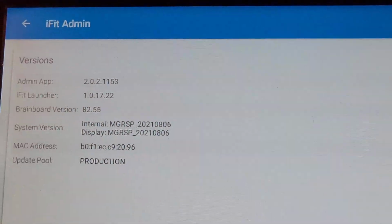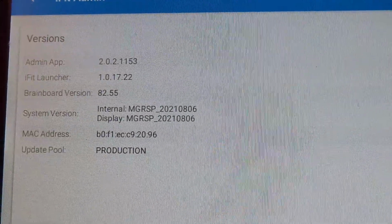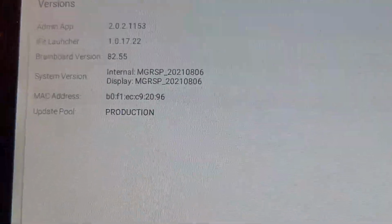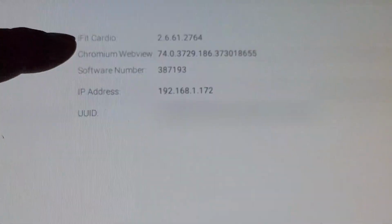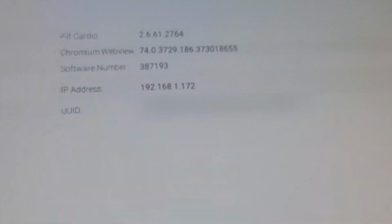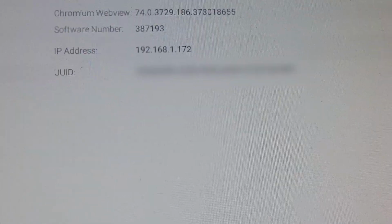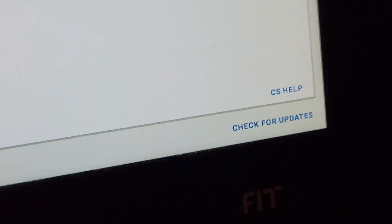All right, look at that, iFit admin. Now, why is this important? It gives you the admin application version, which means nothing to me. It's got some other versions there. It's got the versions of my iFit app. It still calls it iFit Cardio. As you can see, I have the older 2661 version, my IP address. And then on the bottom here, there's some sort of clear update files, clear cache, check for updates, which maybe